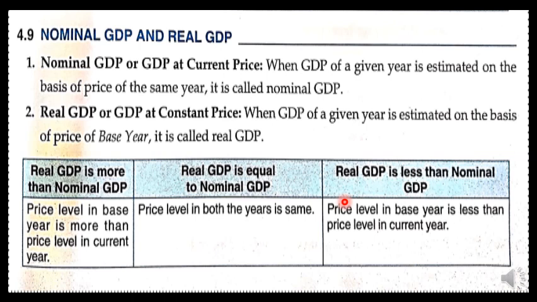Because you should know that real GDP can be greater than nominal, equal to nominal, and less than nominal, but there are three different cases or reasons behind it. So you will learn these points because then it has an application part. Why? Because in the numerical problem you have to interpret based on the values that are given. Okay, so let us go. In the next slide I will explain this point. Real GDP can be more than nominal GDP. So let us understand this point with the help of this numerical example.